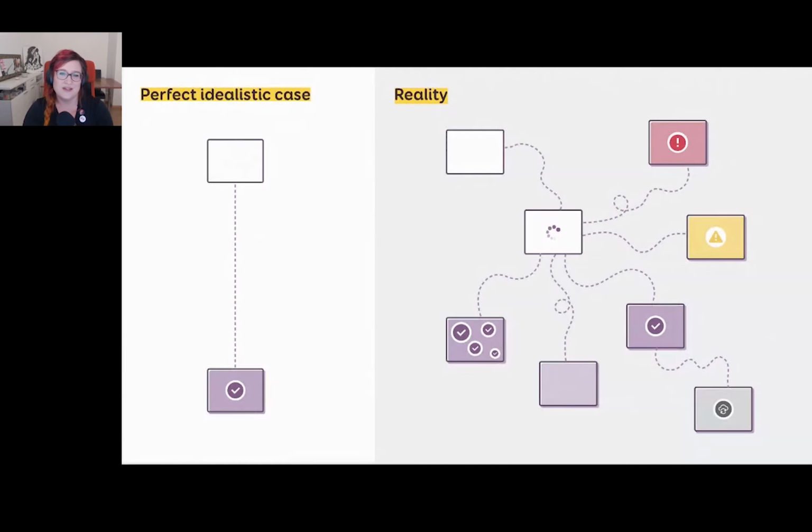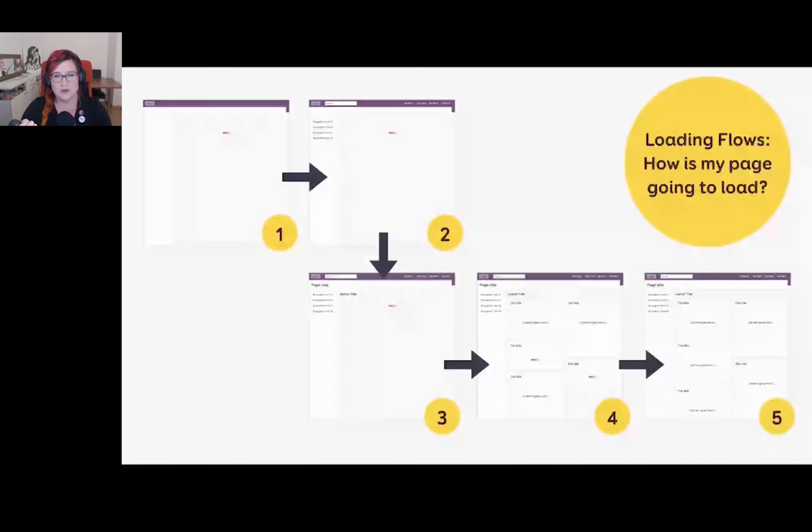So once I've understood the technical constraints, I usually try to build a loading flow. It's basically a step-by-step flow of how the page will load for the users. I start with the last screen, so I actually start with the perfect condition, which is everything is loaded, and I work my way backward from there to the blank page. And of course, normally, if everything goes all right and it loads fast, users should not be aware of these different steps. But I do that because I really want to avoid a blank page, with users waiting 5-10 seconds with nothing on the screen, and then all of a sudden everything appears.